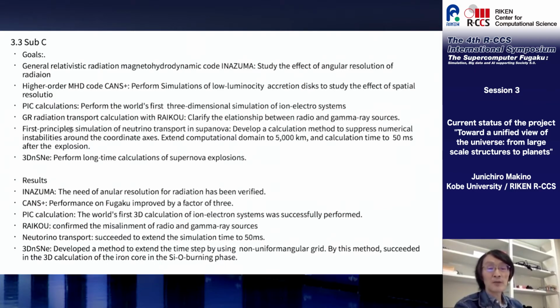One is first principle neutrino transport in supernova, and the other is the traditional code with approximate treatment, but with a full 3D simulation of the supernova explosion. All these codes are now working, and I will briefly discuss the results